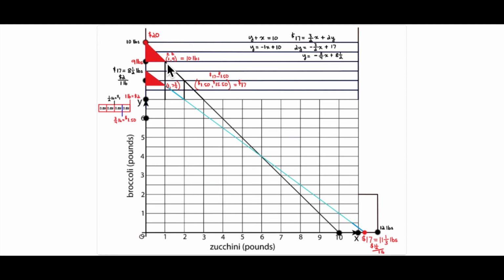-1 for every +1 pound of zucchini. And the equation for $17 is $17 is equal to the cost of $1.50 for each pound of zucchini, that's 3/2, plus $2 for each pound of broccoli, so that's 2 times each pound of broccoli. And so I'm just going to rearrange this and write this in the slope-intercept form. So I'm moving this portion of the equation to this side to get y over here, and moving the $17 to this side. Add a -3/2 x to both sides, so this becomes a -3/2 x,